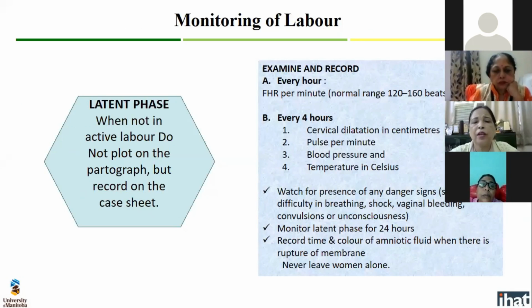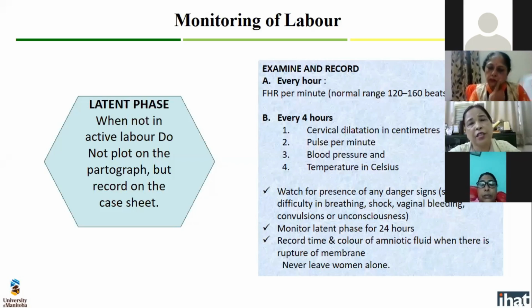Again, we talk about latent phase. Latent phase, no partograph. Just remember, latent phase में हमें partograph नहीं बनाना है. So we have to plot the partograph in active phase. But what you can do, when you have received the patient, now she is 2 centimeter dilated, you are not supposed to draw a partograph, latent phase में नहीं बनाना है. But at least you can document in your case sheet. When the patient has reported to you, if she is 1 centimeter, 2 centimeter dilated, you have to note down